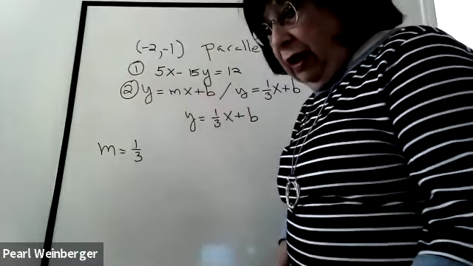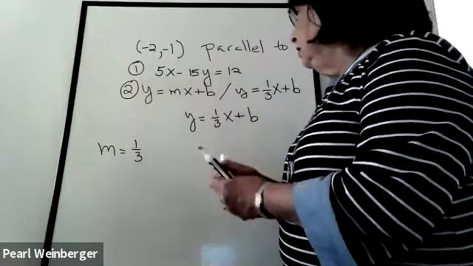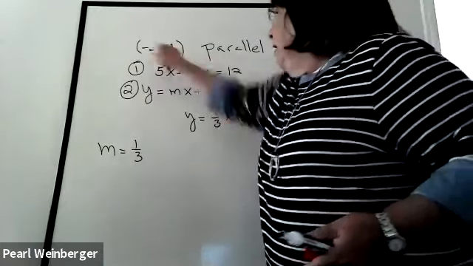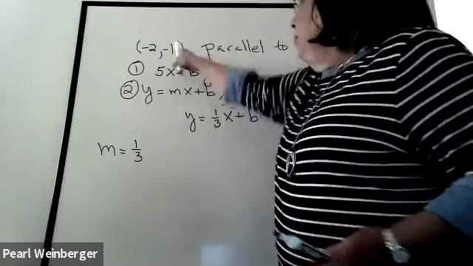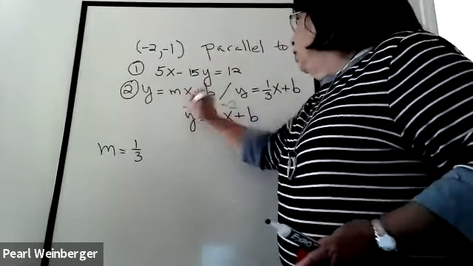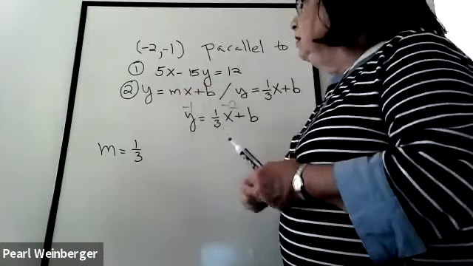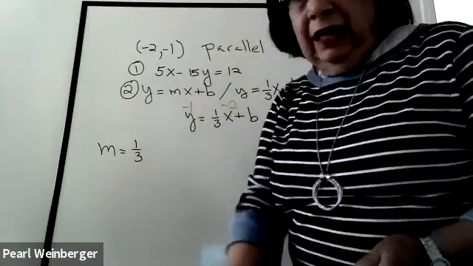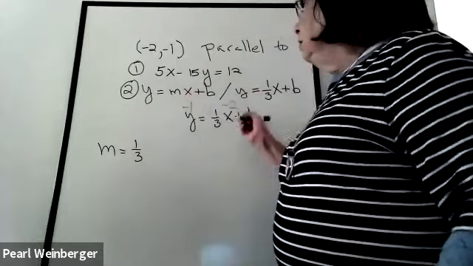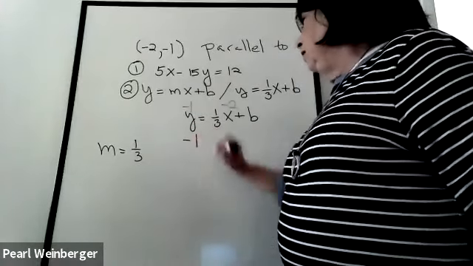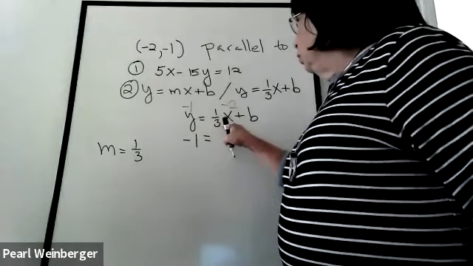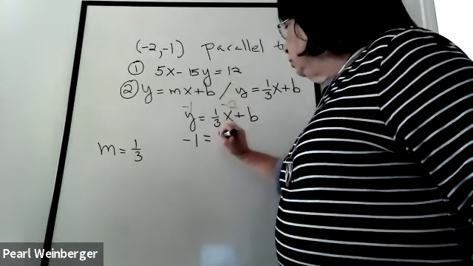So here, I can replace the x with -2 and the y with -1, because the point (-2, -1) is on the line. So that'll give me, in place of y, -1 equals 1/3 times -2